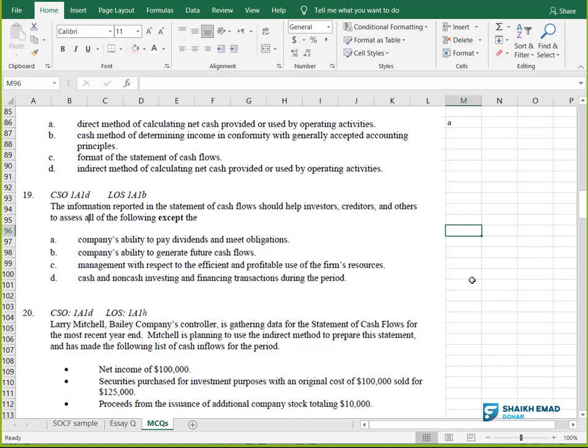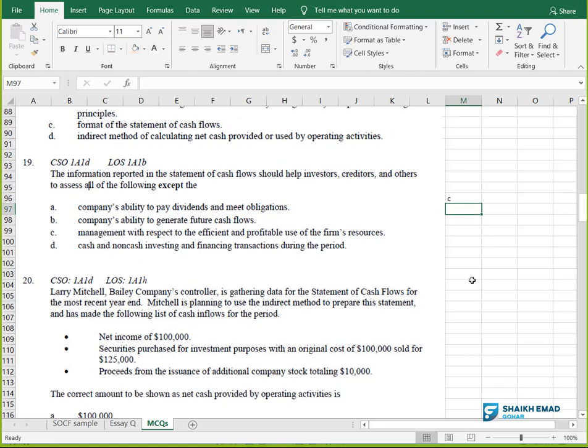C. Very nice. How will the cash flow statement tell us about the management, right? The efficiency of the management, right? So C is the answer. I hope everyone got the point. But for the remaining three, because of the cash flow, you can see how much you are generating from operations. So will you be able to pay the dividend or not? Will you be able to pay your obligations like interest payment, payables, your loans and everything, right?